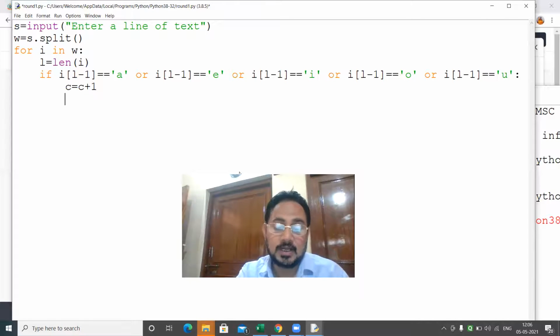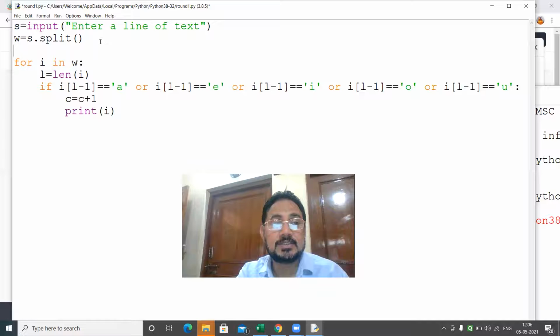I will count, and I will print that word also. Print I. C I have to define here. I will write C equal to 0.